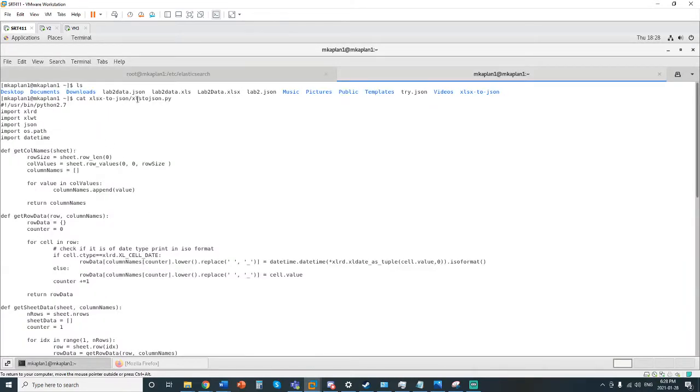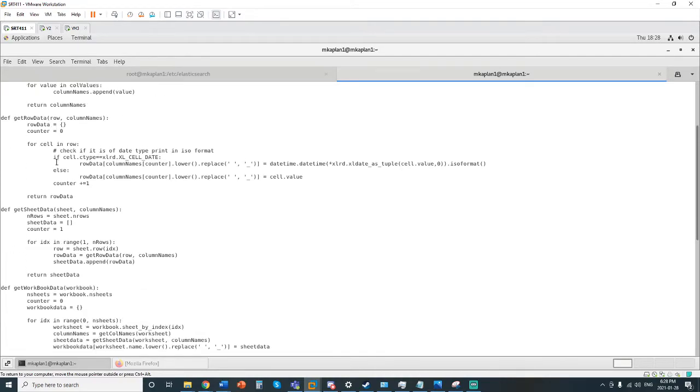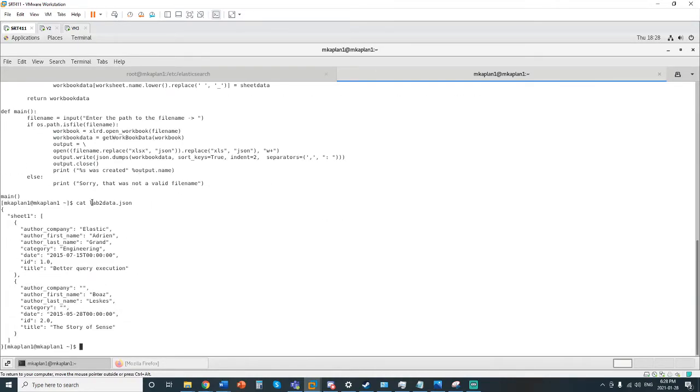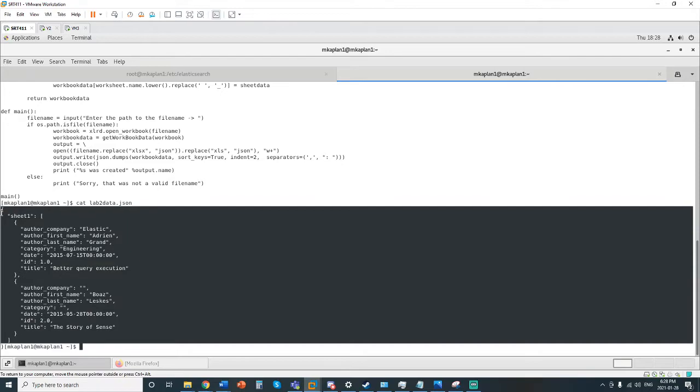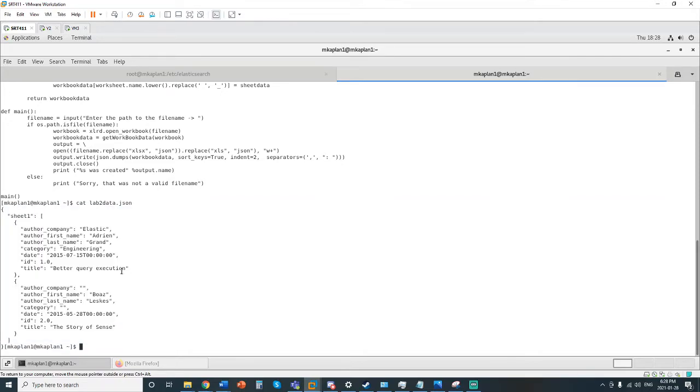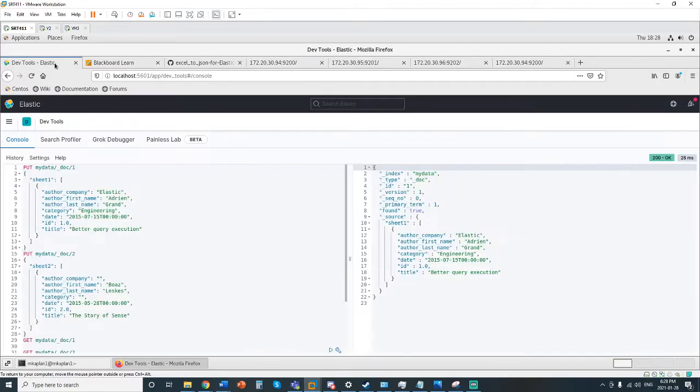I then ran the Python script I got from GitHub, the XLS to JSON. Here's the Python script itself. And after I ran it, it created a JSON file, and here it is located. The next step was to put this information into an index. So I went to the DevTools and I used the put command into the index my data in the doc file, location, and then I named it 1 for the first ID. And I just took the first part of it,